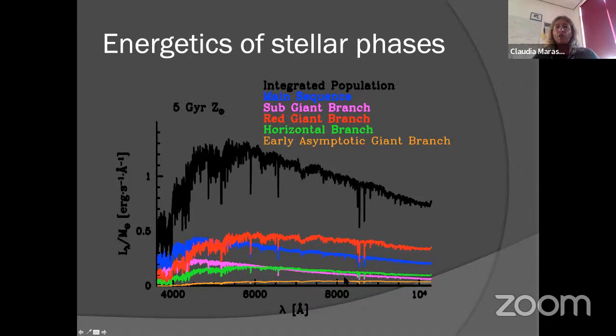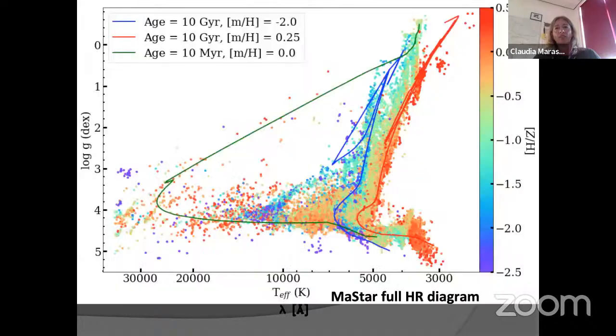the early asymptotic giant branch gives a contribution peak to the red, but it is very small in fuel consumption at these stages. This is just an illustration, but in principle, this breakdown exists for all the phases, and it allows you to really check the calculations between models and to understand them. Now, with MASTA, we have been able, in fact, I claim, to cover the HR diagram